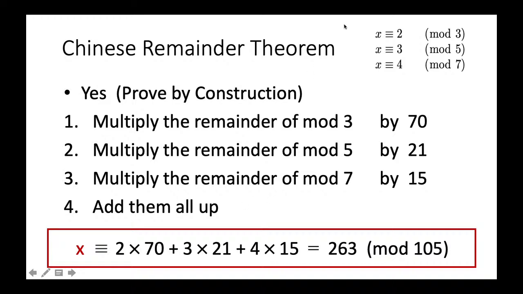So let's see whether 53 works. 53 is equal to 51 plus 2, and 51 is a multiple of 3, so 53 satisfies this equation. 53 is of course a multiple of 5 plus 3, so it also satisfies this equation. 53 is equal to 49 plus 4, so it is equal to 4 modulo 7. So 53 works. And not just 53, 53 plus 105 multiplied with any integer, positive, negative, or 0,